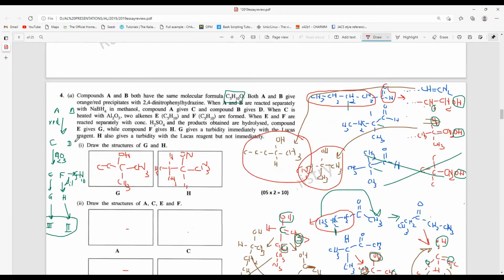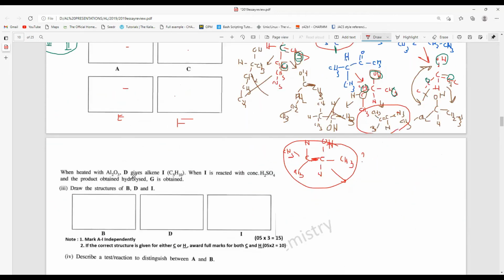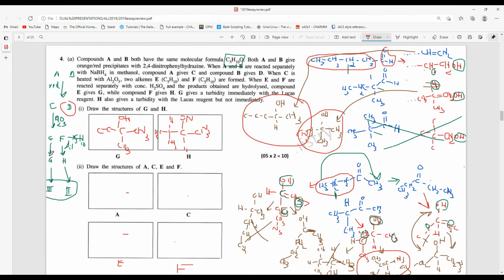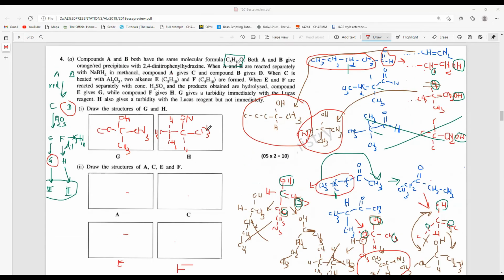So what is D here? That's the next part, right? They say when heated with Al2O3, D gives alkene I, and I is reacted with conc H2SO4 and the product obtained is hydrolyzed. G is obtained again. So G is obtained again. Based on that, you have to find what this D could be as well. The easy way to draw that is you just need to